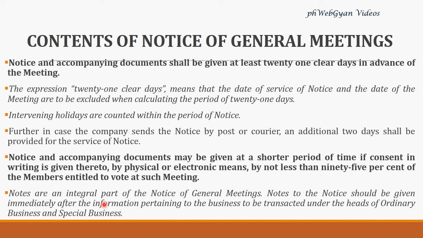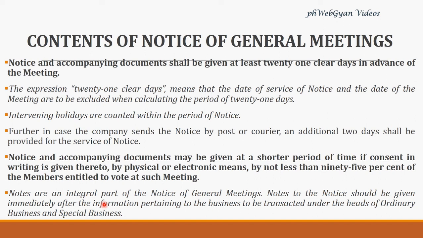Secondly, you can mention the explanatory statement that is annexed. You can ask for the shorter notice consent. You can tell about the closure of the register of members. You can also tell about the dividend, which if declared would be paid within 30 days. All these points that are relevant to your company have to be included in your notice, so it varies from company to company. But the proxy and explanatory statement points are obviously to be given.